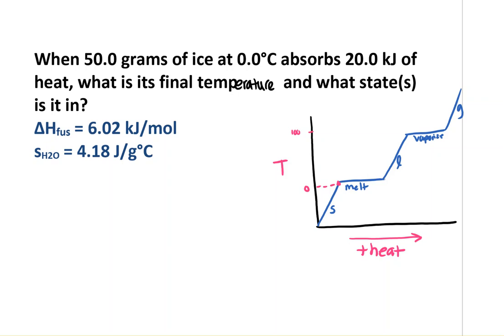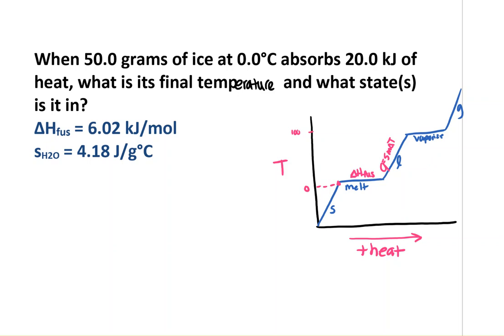As it melts, we'll do our calculations based on the heat of fusion. And then if it all melts, if we have enough energy to melt it all, then we'll use our usual Q = SMAT to do those calculations. Okay, so I'm just going to assume that the 20 kilojoules is enough